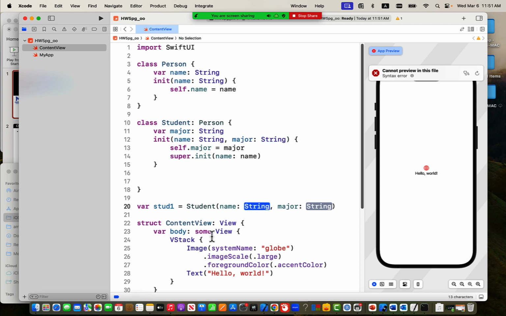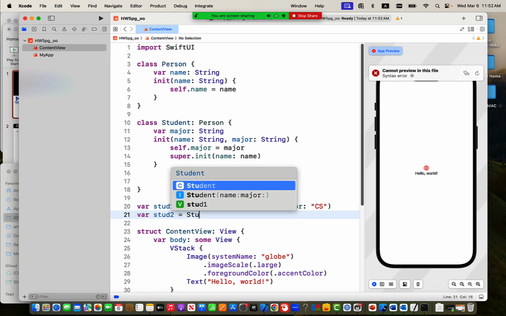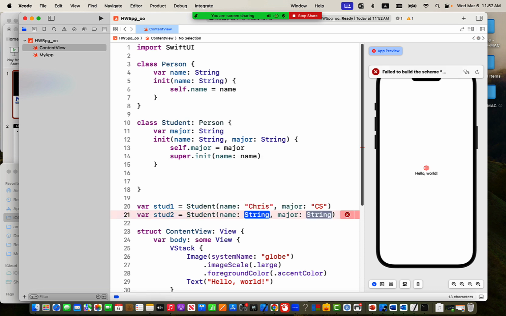So we simply say here, Chris, major, computer science for now. And we can do another variable, student 2, then that is also student, and string Eduardo, major CS,